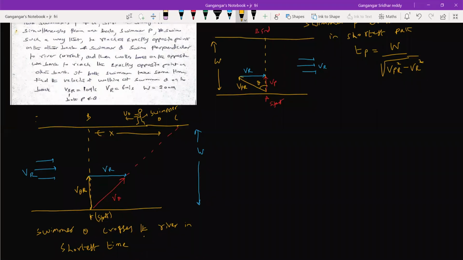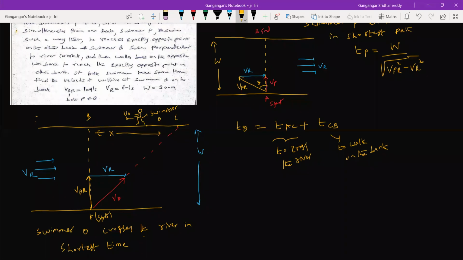So tell me, what are the formulas now? The time taken by swimmer Q, what will it be? He will move first from A to C, then C to B, no? So this is the time taken to cross the river. What about this? Time taken to walk on the bank. That is what. And what information is given?